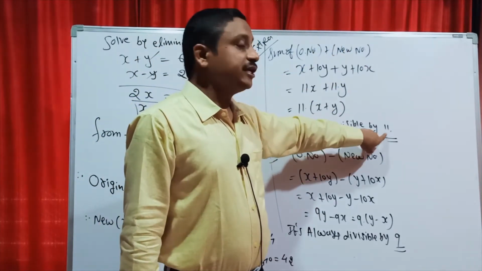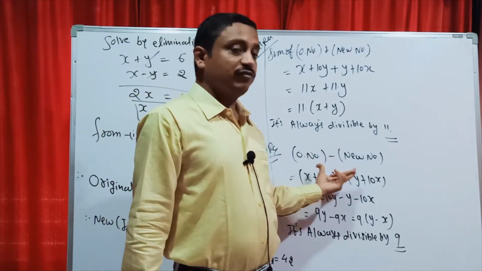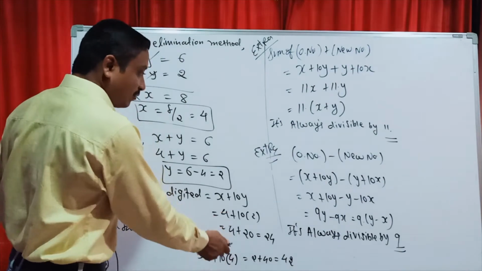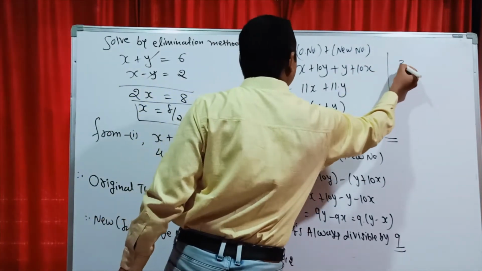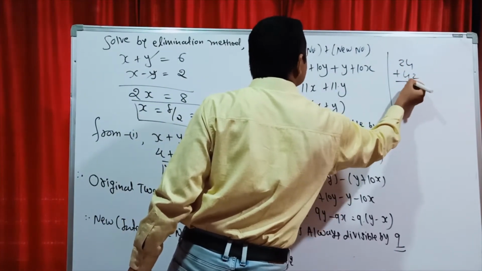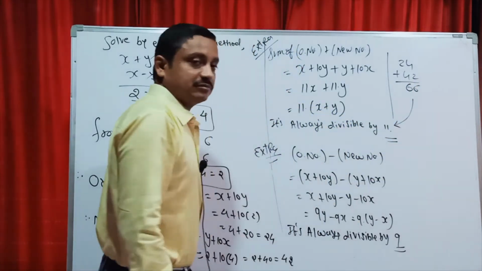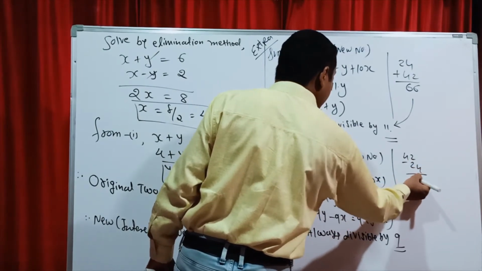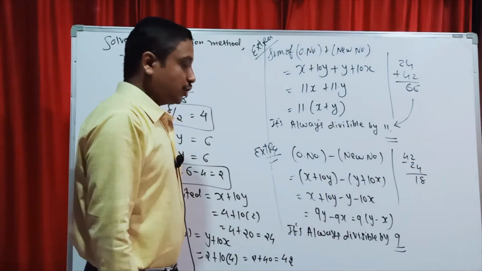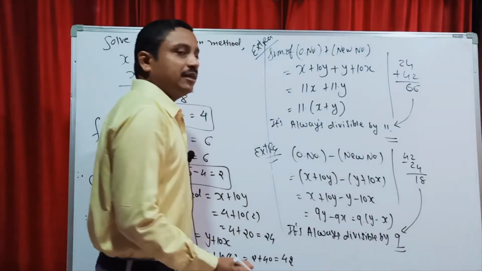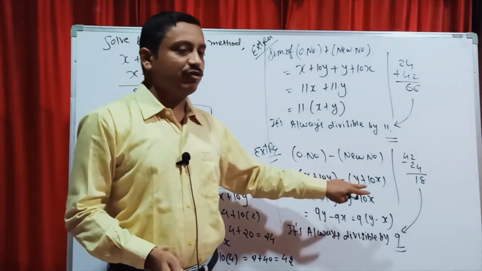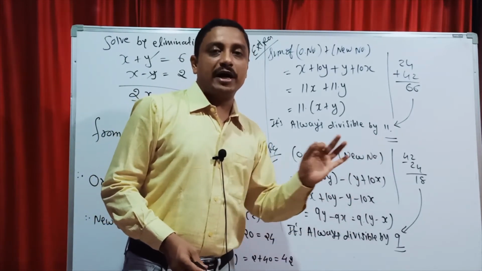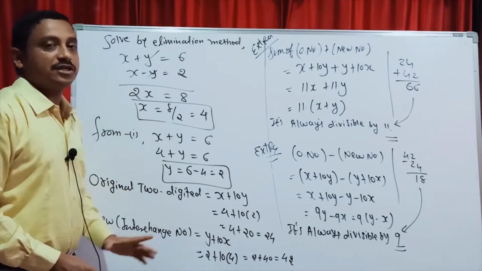The question is: what is the number divisible by if the sum of the original number and new number is added, that is divisible by 11. And if you subtract the original number and new number, sure it is divisible by 9. You can also carry forward this example. If I write 24, interchanged 42, sure the sum is 66, divisible by 11. And if I subtract 42 minus 24, sure it is 18. Sure it is divisible by 9. Either minus 18, as you like, 42 minus 24 or 24 minus 42. But learn these two short MCQs by heart properly, and this ends our sum.